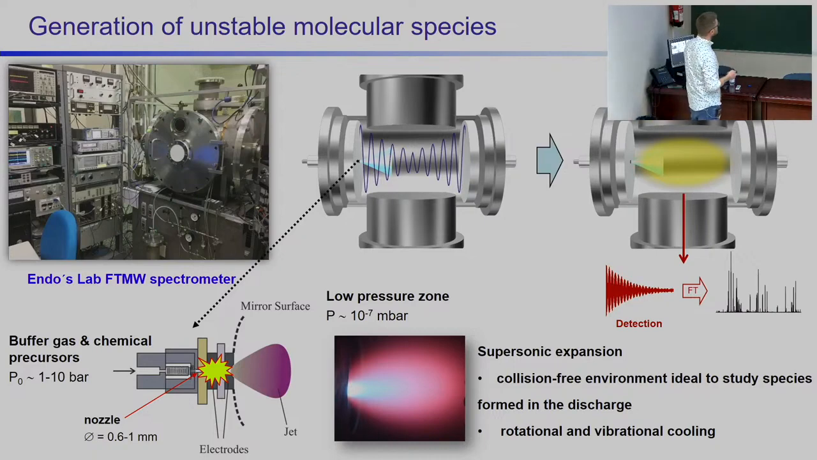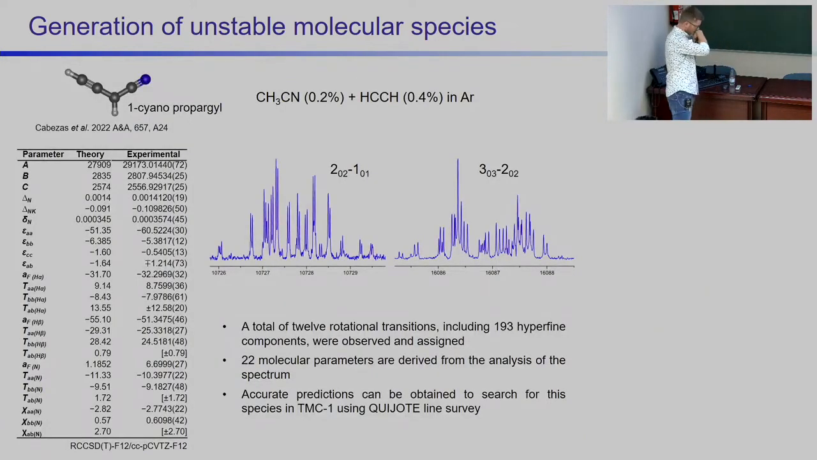spectrum for the analysis. This is one of the unstable molecules that we have identified using this experimental technique. The name is 1-cyanopropyl radical. This molecule cannot be obtained commercially, of course, and it was prepared in gas phase using a mixture of methyl cyanide and acetylene in these proportions, both diluted in argon. We were able to observe a total of 12 rotational transitions, and here you have an example of 2 of